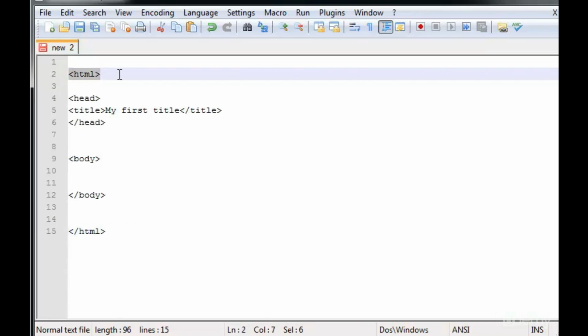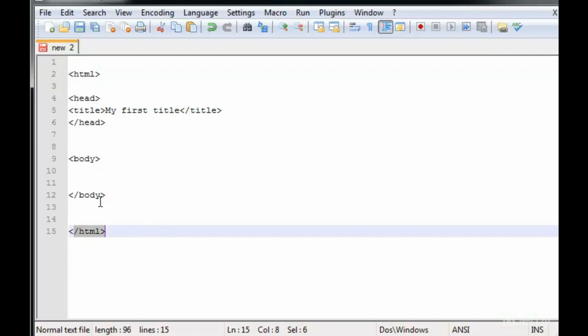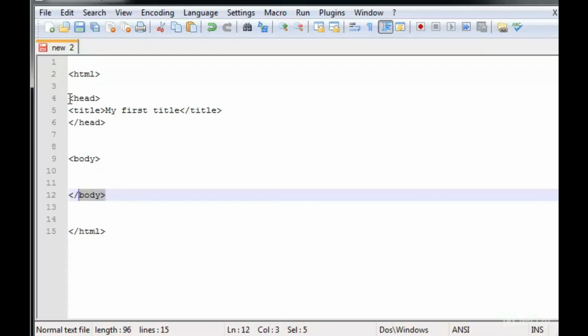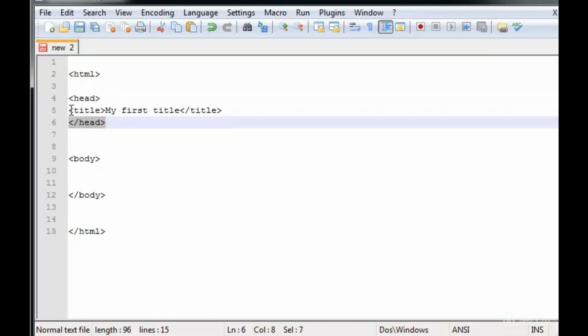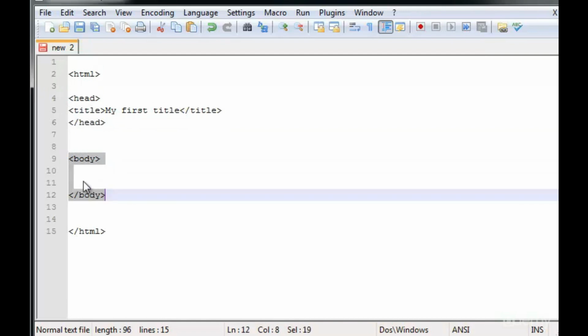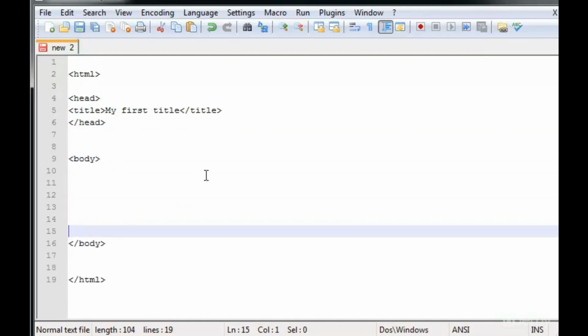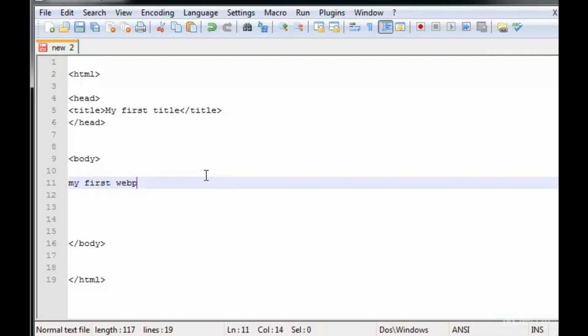So you need the HTML tags. Between the HTML tags, you can create the head tags. Between the head tags, the title tags, and then after the head tags, you create the body tags. Okay. Now, between the body tags is where every single piece of content of your web page is going to be. Okay. So if I type here my first web page